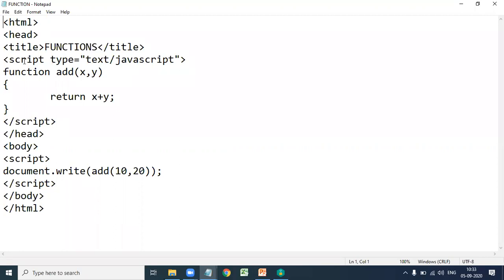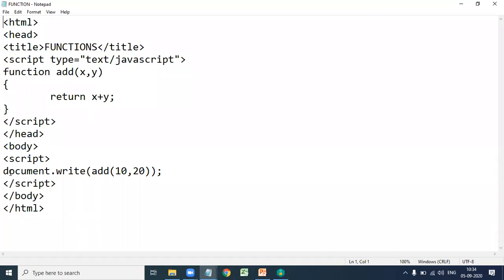Here first we define the function: function add of x comma y, return x plus y. So this is the function definition. It takes two parameters x and y and adds the numbers.